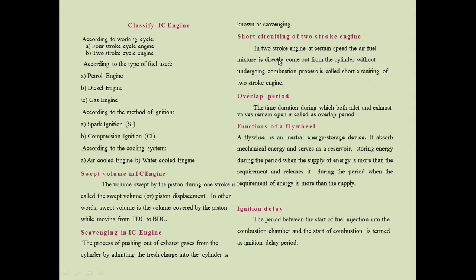Generally in a two-stroke engine, with the help of the inlet port, the air-fuel molecules enter the bottom of the crankcase. Then, through the transfer port, the air-fuel molecules go to the upper portion of the piston. In that condition, 10 to 15% of the molecules go to the environment without any combustion, that is, the air-fuel molecules go out with the exhaust stroke. That process is known as short circuiting of the two-stroke engines.